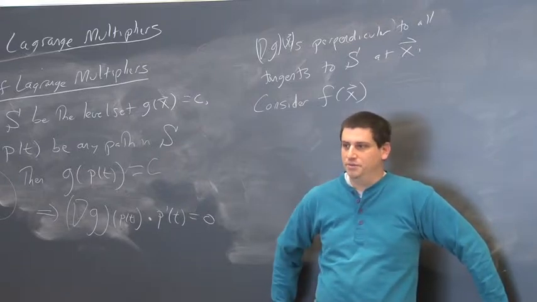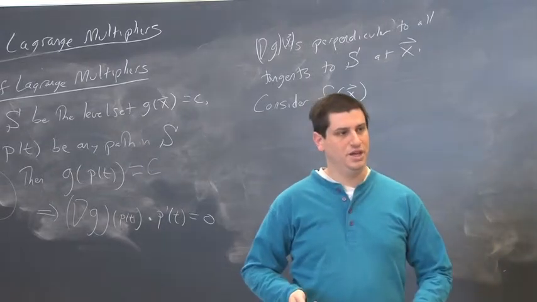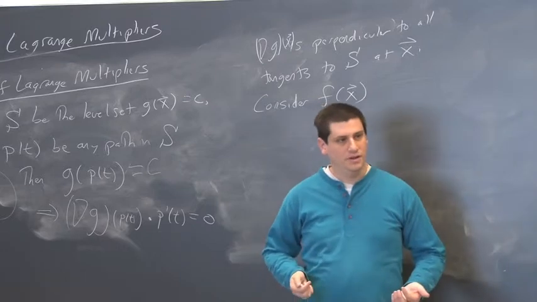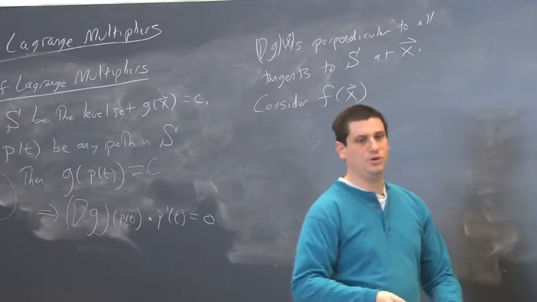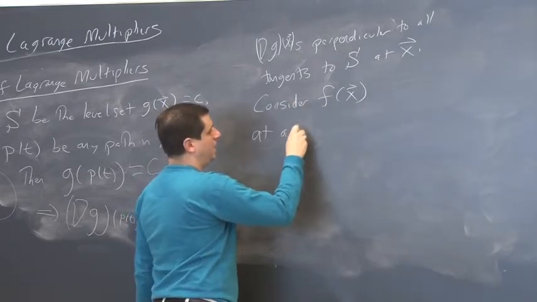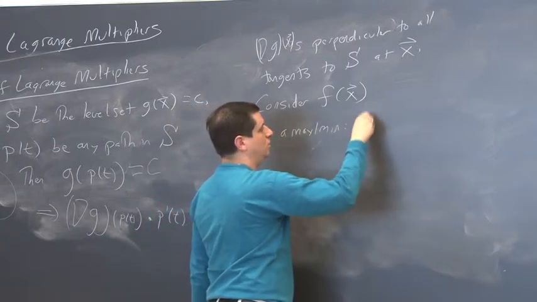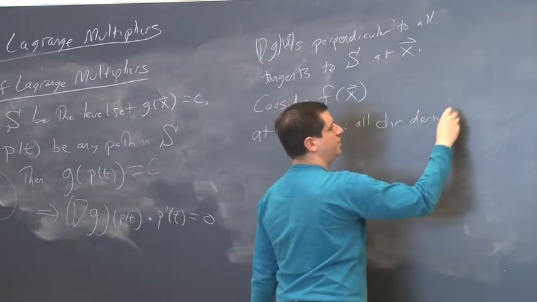Could that be a maximum? No. We would just move in that direction and we'd get larger. Can the directional derivative be negative? No. If the directional derivative is negative, we go in that direction, we get smaller, we go backwards, we get larger. So at a max or min, all directional derivatives vanish